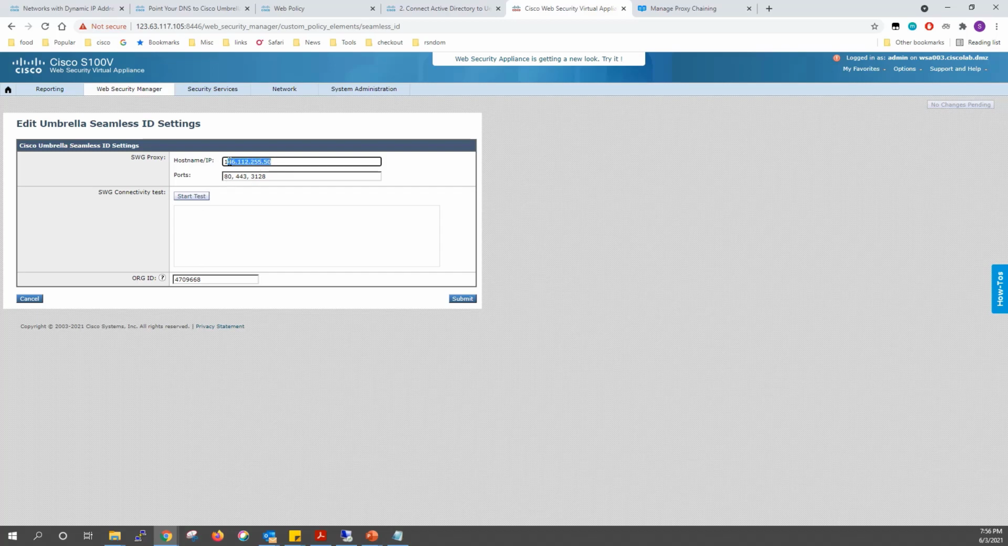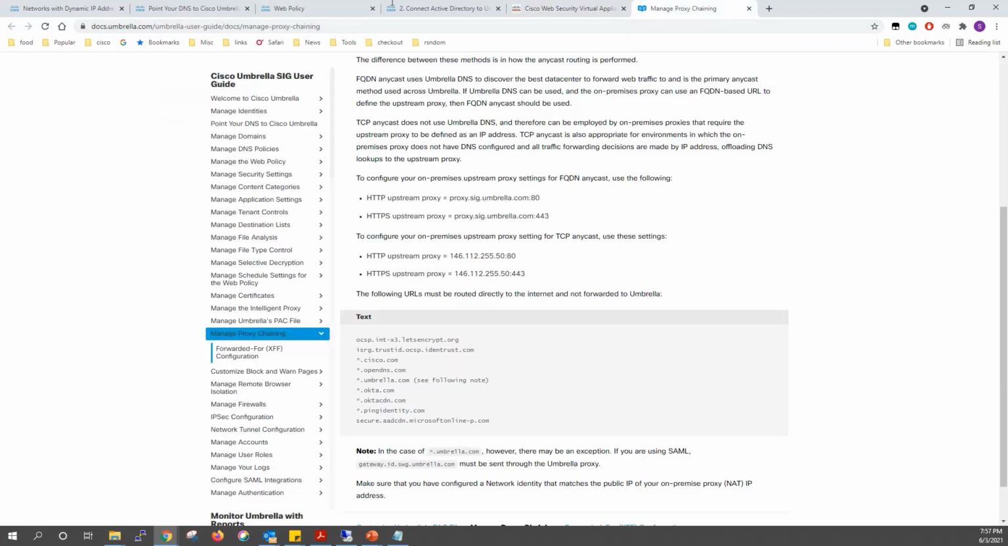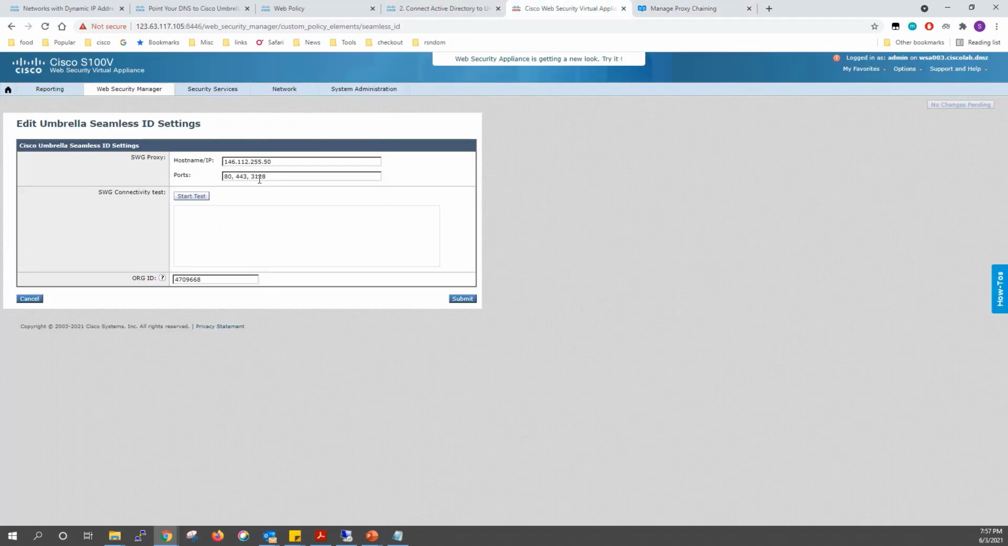Where would you find all this information? This is all available on the internet. I have this document here, manage proxy chaining. It tells me the port numbers and the host name or IP address, whatever you want to use. Port numbers 80 and 443 are used by default. However, if you want port number 3128 to be enabled on your proxy, then you would need to contact